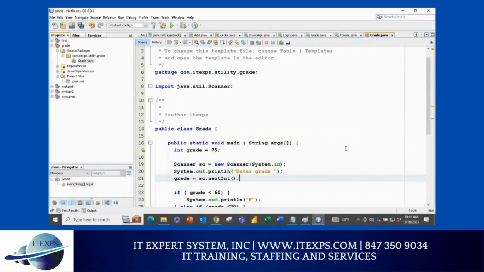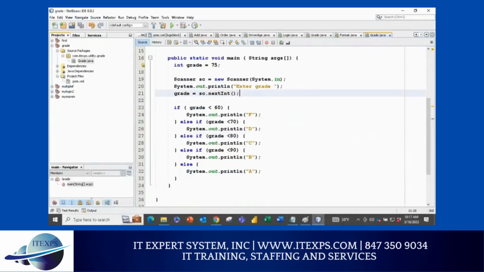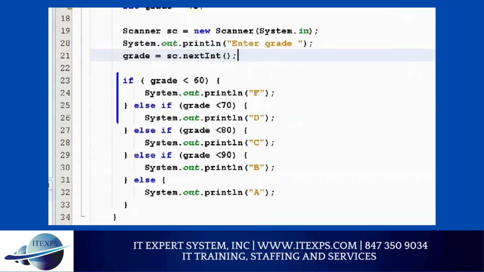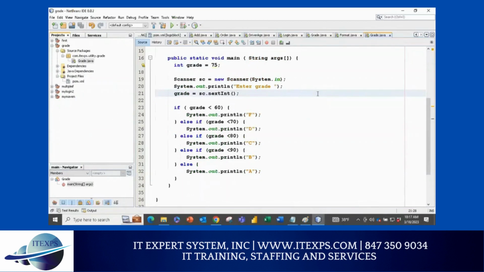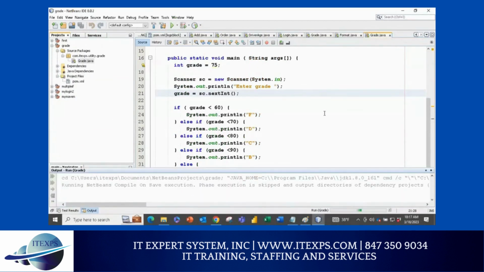And we discussed more last week also. But you can see how powerful the Scanner is now, because it is asking the user to enter, and then we'll go through the multiple if statements here. So the program is getting more shape right now. If you save the program and run it, in your console you will see it waiting for you to enter grade. It will be blinking, and you will be entering the grade. I want to enter 91 and see if I get a grade A.